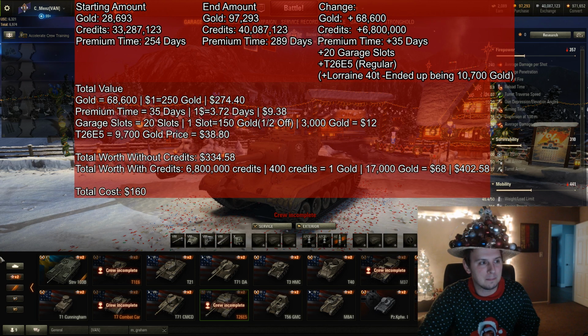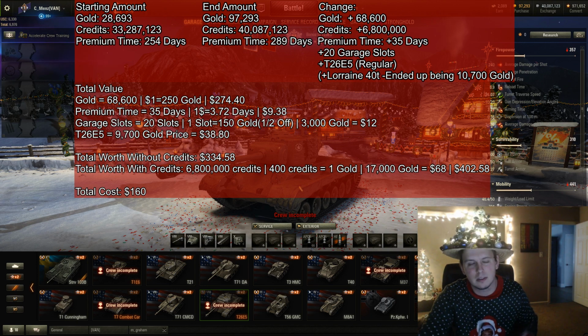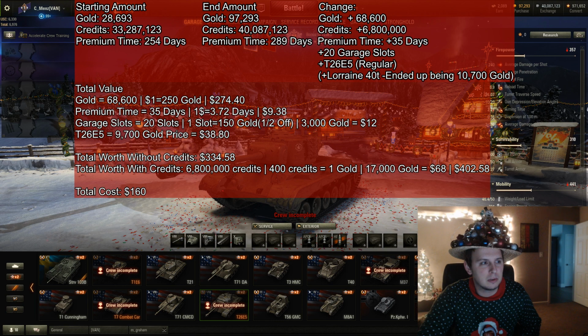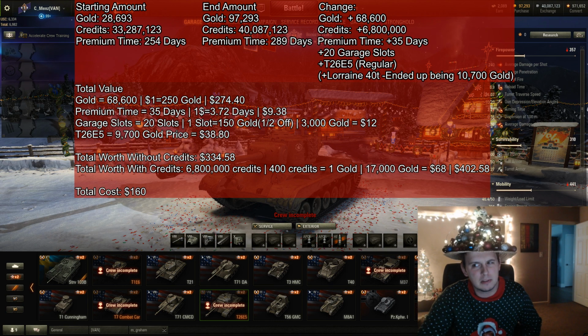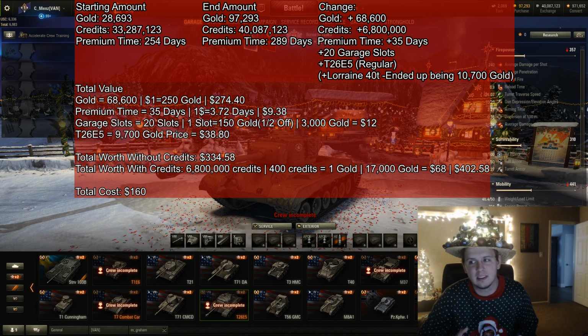So the total value here, I spent $160, as you can see on the bottom, and from that $160, I got $274 worth of gold, $9 and change in premium time, about 12 bucks with half off garage slots, because who buys garage slots when they're full price? And the T2060-5, just the gold value, it almost always comes bundled so it's more, but the gold value of that was about $39. So grand total, spending $160, I got $334 and change worth out of it, and that's